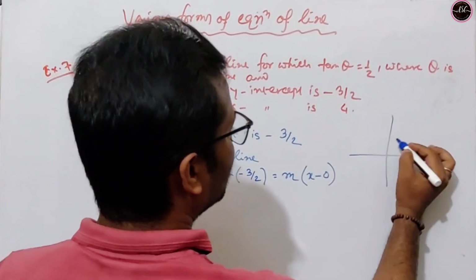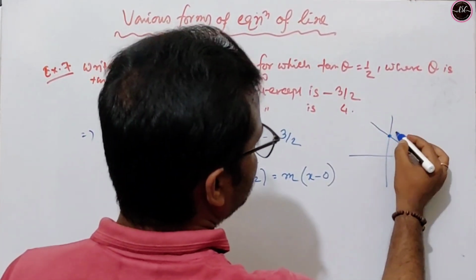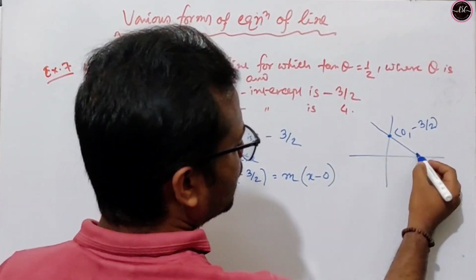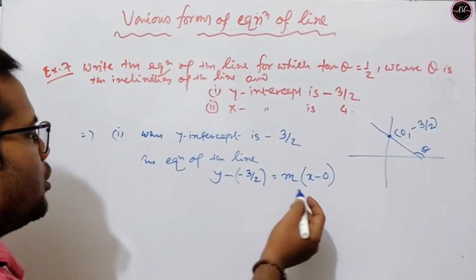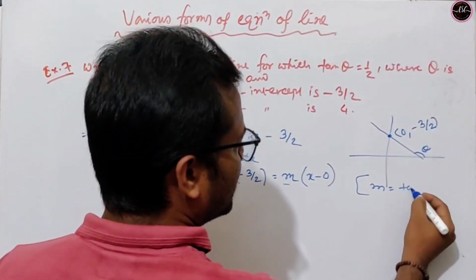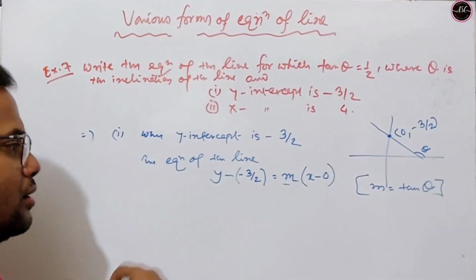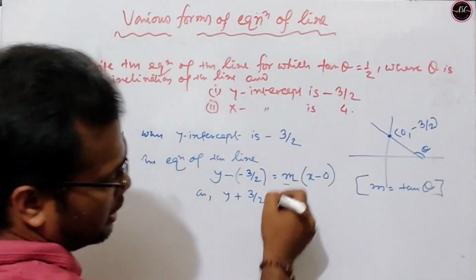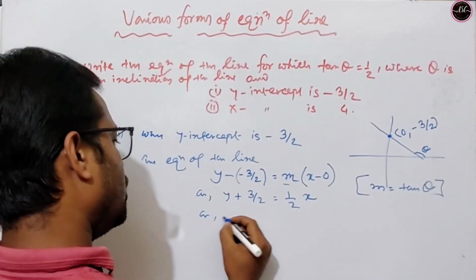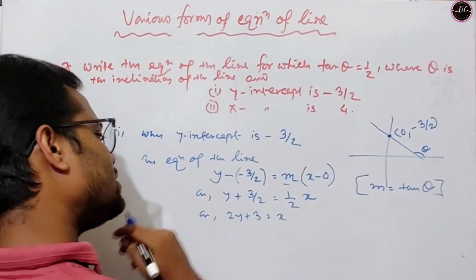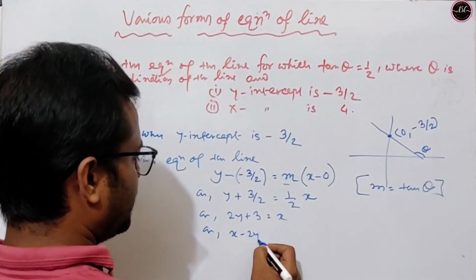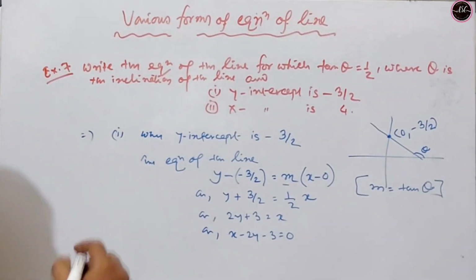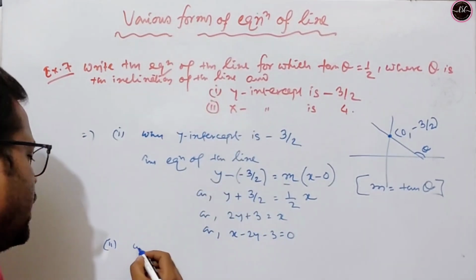Just look here, the y intercept means this point, so this will be (0, minus 3 by 2), and this is the theta angle. So here m equal to tan theta, where theta is the inclination of the line. So this equation will be y plus 3 by 2 equal to 1 by 2 into x, or 2y plus 3 equal to x, or x minus 2y minus 3 equal to 0. This is the equation when the y intercept is minus 3 by 2,